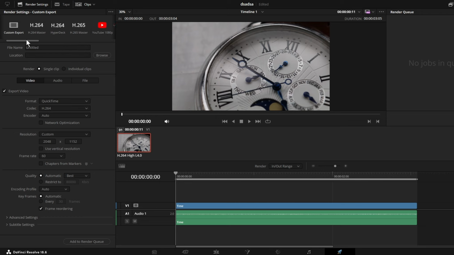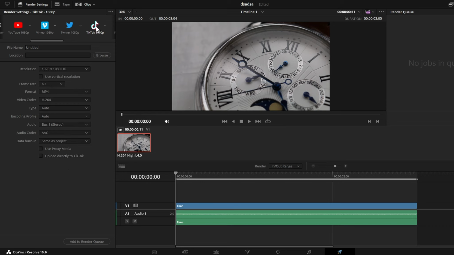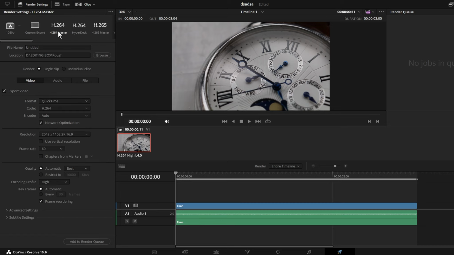So as you can see here, you can find many platforms, and wherever you want to upload your video you can select the platform particularly. Like I want to export for TikTok, so I will click on TikTok, and if I want to upload the video on YouTube, so I will choose YouTube. Many platforms are there, you can choose any one you want. So I will go for H.264, so I have to click on this, and then guys you have to name